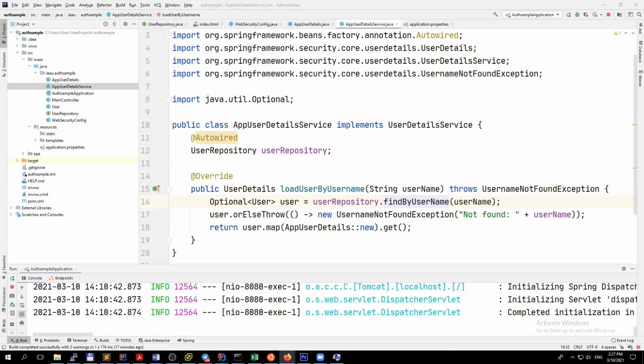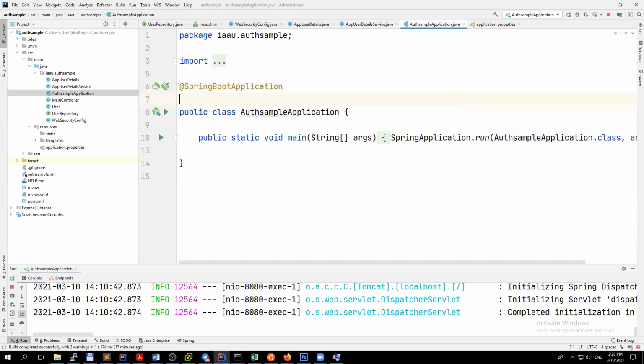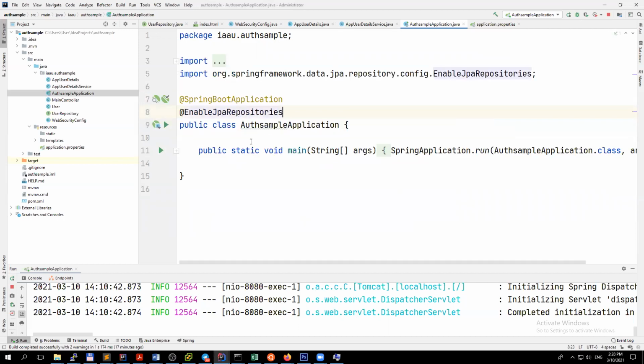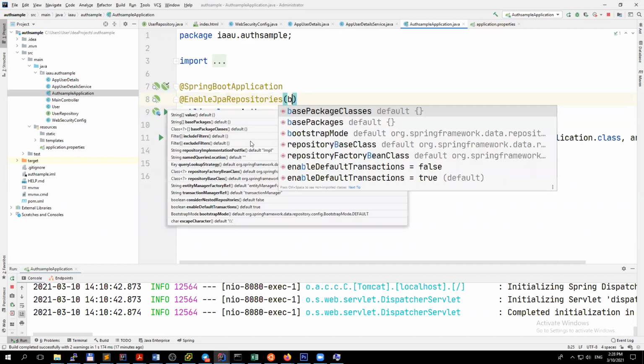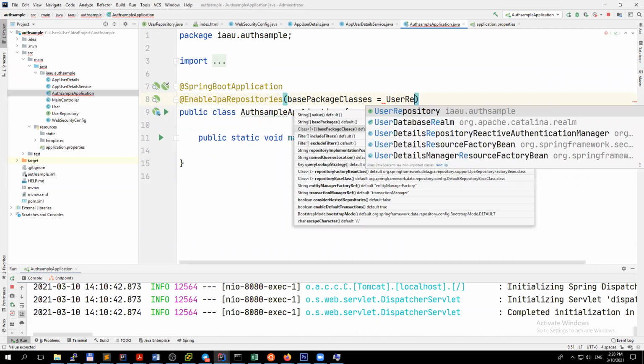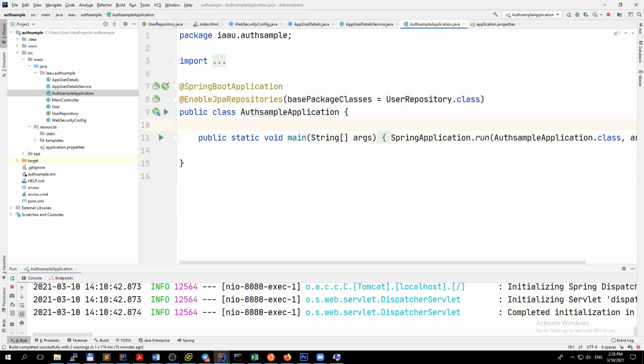And the last thing we would like to add is to open our sample application and add enable JPA repositories, and we have to specify base package classes, the user repository class. Okay, I guess we have connected that. Yeah, so we already configured our database,